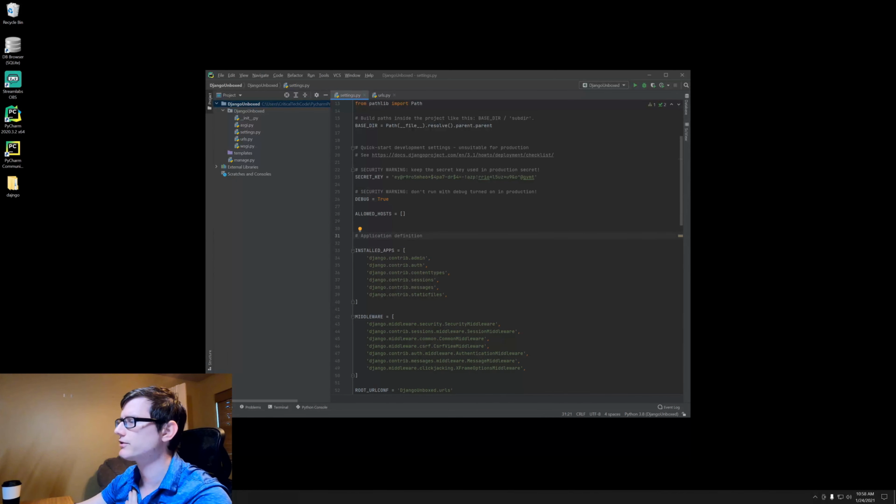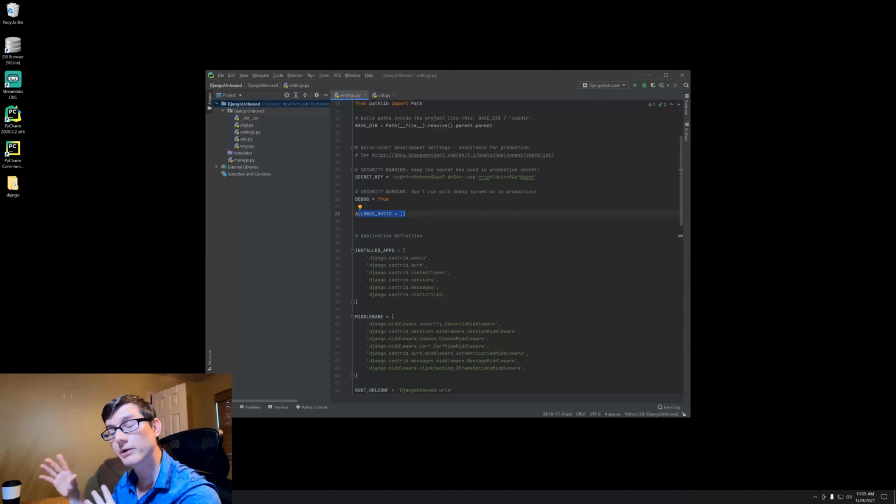This allowed host option is basically mostly used in production. Or if you want to locally host your website, for example, you want to open it up to your router so anybody on your Wi-Fi or your network can access it. Basically, what this allows you to do is actually host your site locally or in production. And what you do is you just pass in the IP address of your servers or